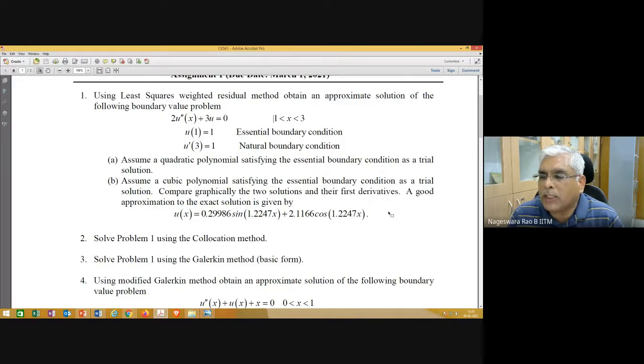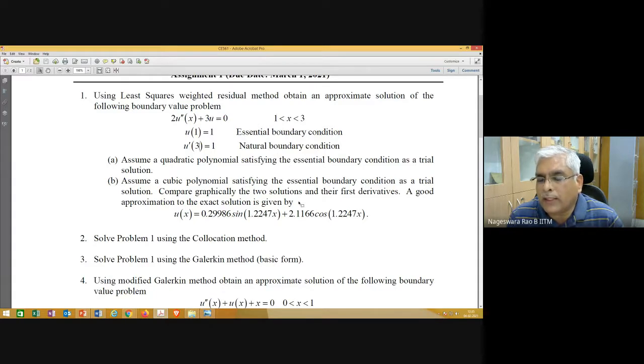So when you are choosing collocation method, if you don't want to complicate the problem, you better choose a point which is slightly away from the boundary. Or if you want to try, you can try. Let's say you selected one of the collocation points as 3. When you select this collocation point 3, a natural boundary condition is specified at that point. So in addition to the domain error, you need to include the boundary error as well.